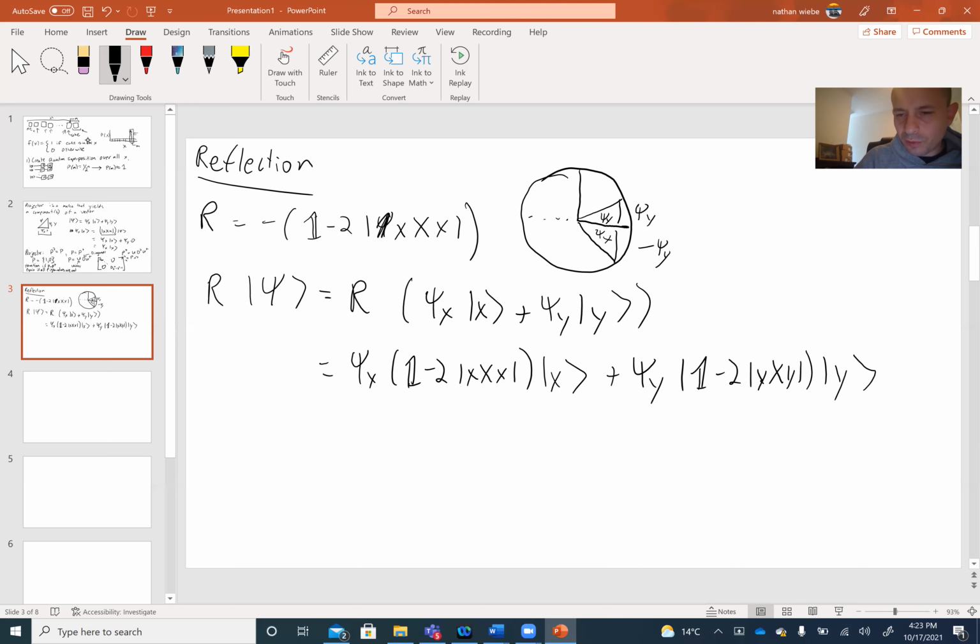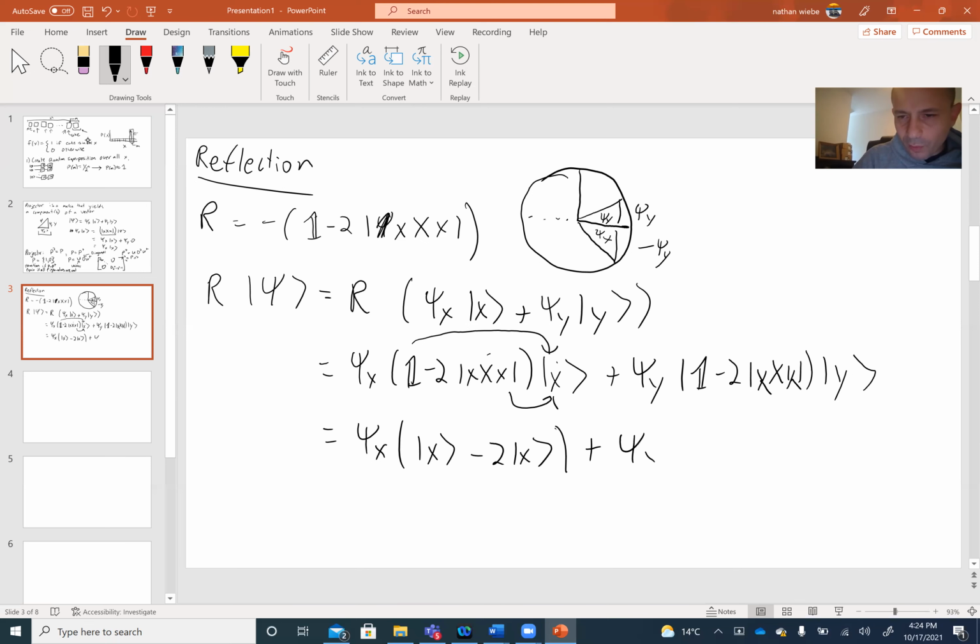Oh, sorry, twice the projection onto x still. So first off, let's take a look at the right-hand side. The projection onto x of x is 1. So therefore, just using the distributive property of matrix multiplication, this is just psi x, x minus 2x,